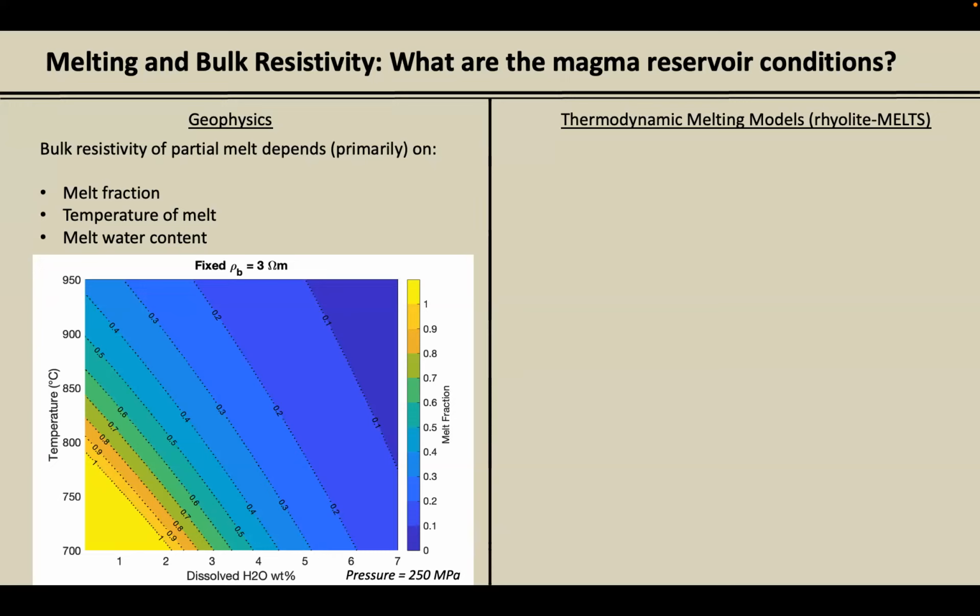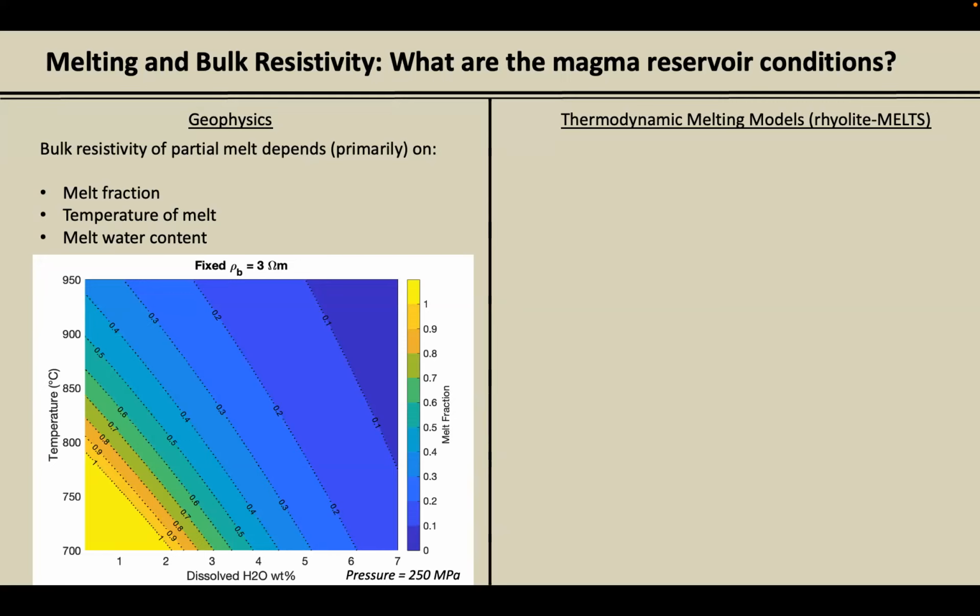particular resistivity anomaly. On the y-axis I have temperature, the x-axis is dissolved water, and the color is melt fraction. As you can see, with this alone, which comes mostly from laboratory empirical relationships, it doesn't really constrain the melt fraction very much, because you could interpret this as 950 degrees, 5 weight% water, and 10% melt, or you could interpret it as 750 degrees, 1 weight% water, and 100% melt. So we really need a better constraint to get an idea of what this particular resistivity feature in our models